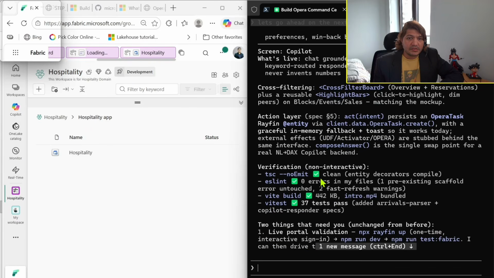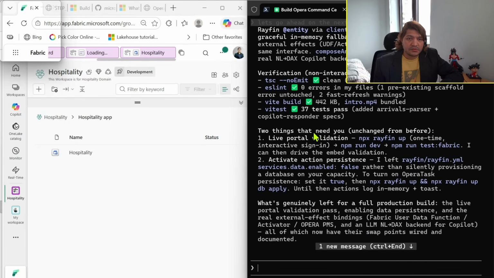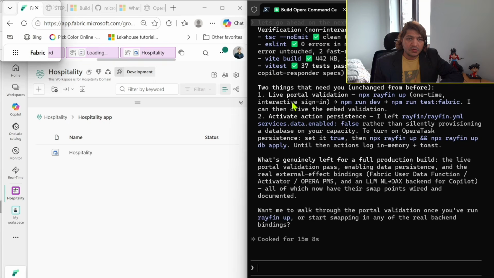What it is asking me now are two things that it wants to change and what it wants me to do. It asks me to do a live portal validation, and it activates persistence. These are two things. But I guess we can start off with the first step. So what I'm going to do is take this and provide Claude the live